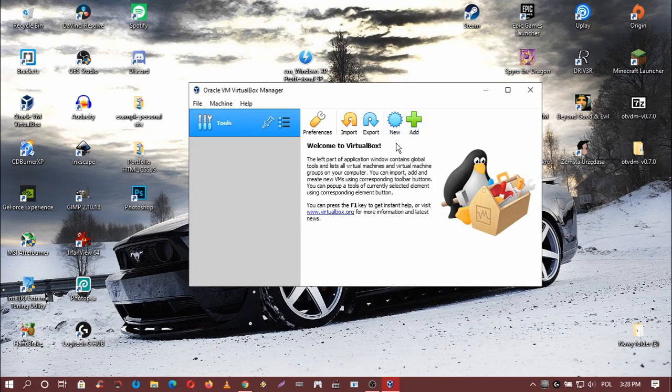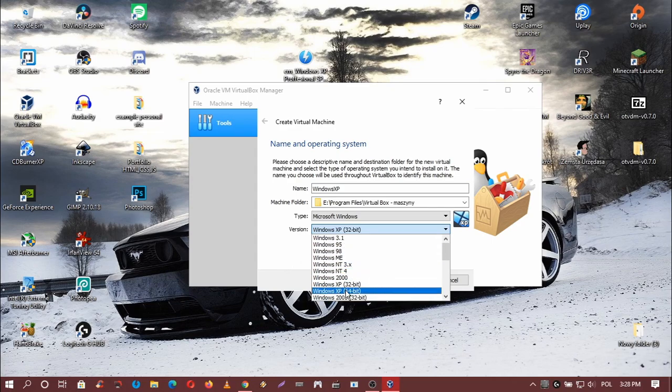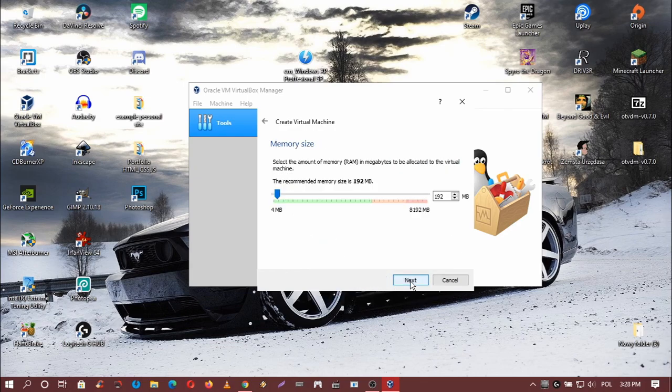Now you need to install new virtual machine, Windows XP system, so click new, type your system name, and here you need to choose your version. This is my Windows is Windows XP 32-bit. Click next. Choose your RAM size,